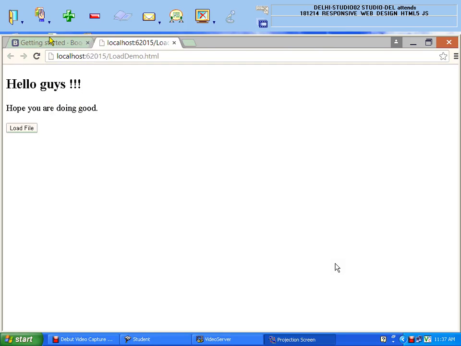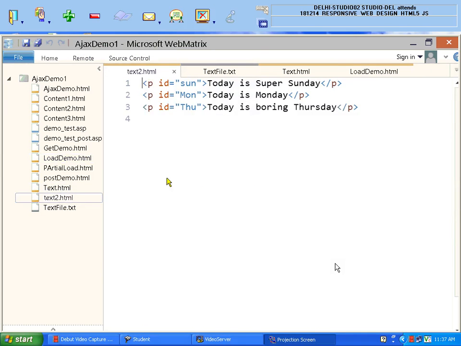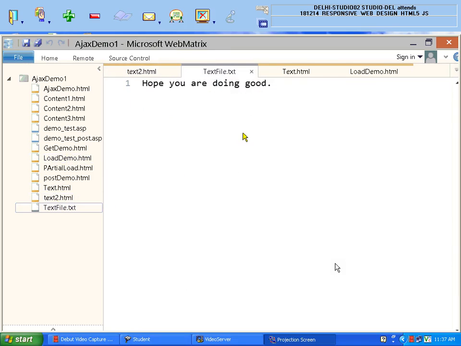Yes, you can see this is my web page, and when I click on it, it displays the message from the two different files. The first is from here, and the second is from here, from this place.